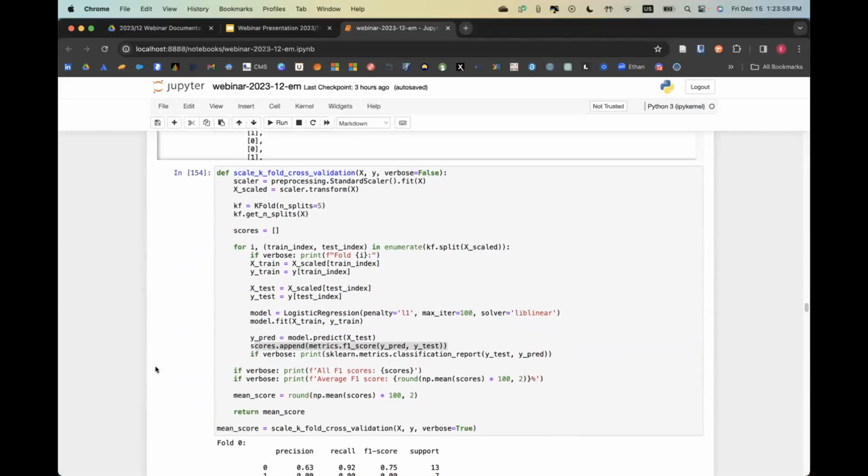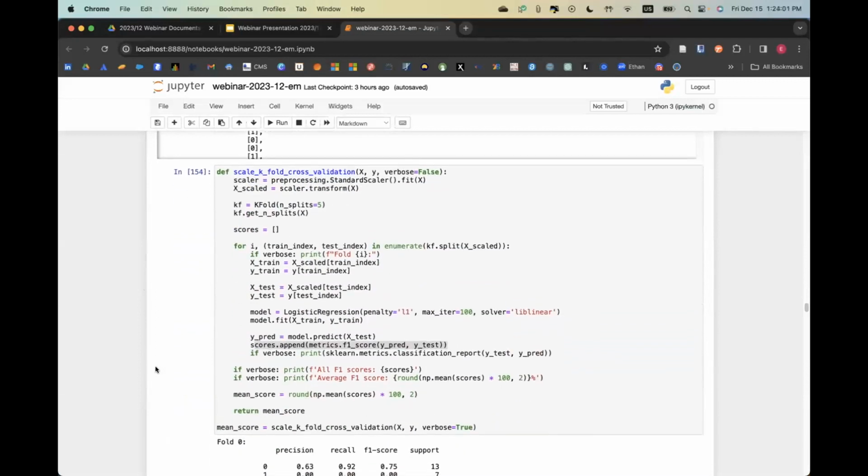But in the case where classes are balanced, accuracy would be a good measure. In the cases where it's not, you should be careful when using accuracy because it can be heavily biased by that imbalance problem. And there's other ways to fix this too that we'll likely cover in future webinars.